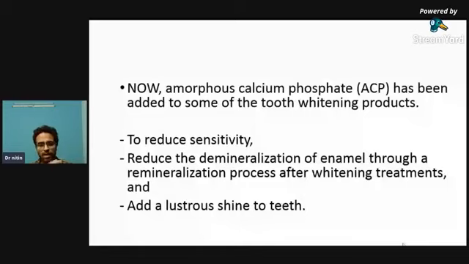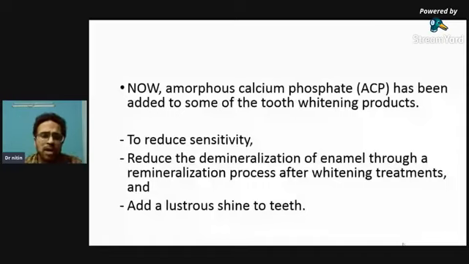So we are aware that a few of the studies have reported that bleaching agents, when used on the tooth enamel, may cause demineralization. So when we use calcium phosphate, an exchange of ions happens, and remineralization occurs. I say add fluoride also, and it results in stronger whitening results and a lustrous shine on the tooth. Okay, so most of the companies are adding it; otherwise you can add a simple protocol of